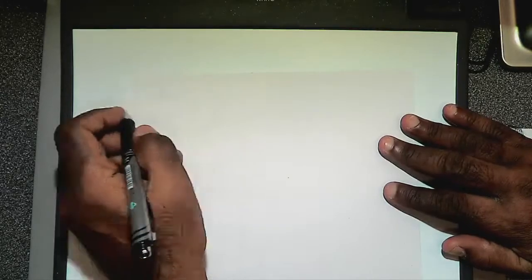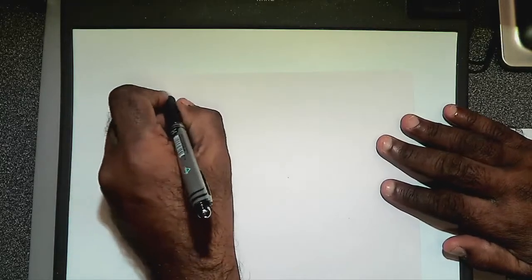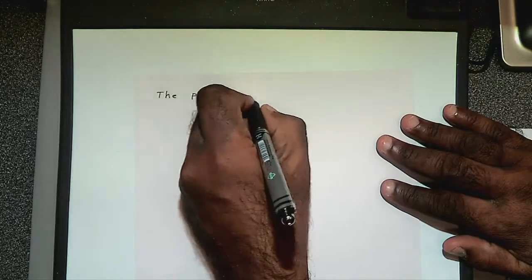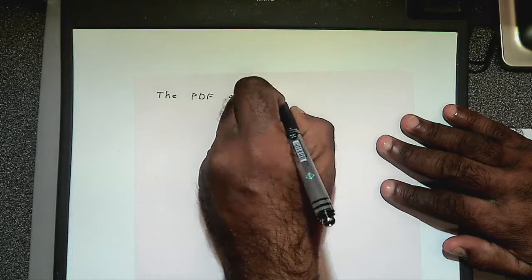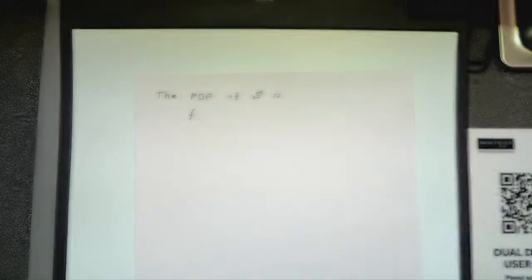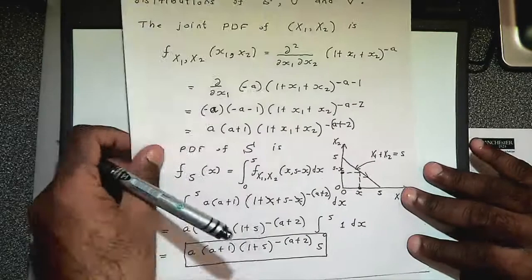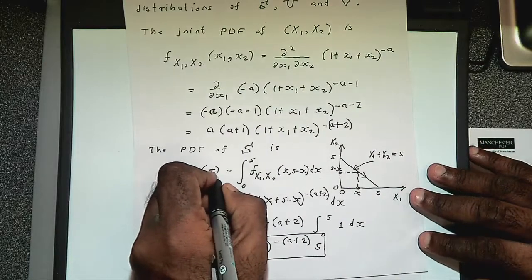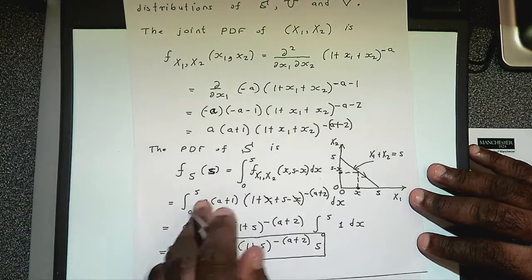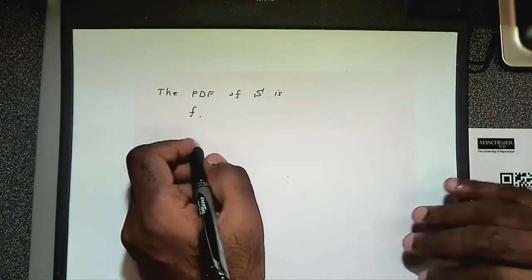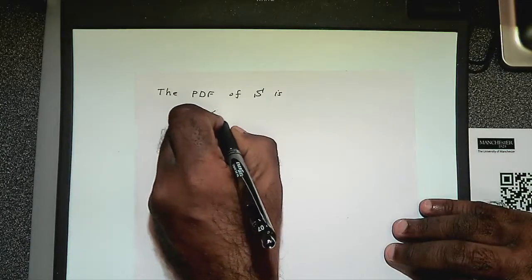So let me write down one more time. The PDF of S is... oh, by the way, this should be S, not X. So this should be X, S, right, not X. So correct this issue. Sorry. So the PDF of S is